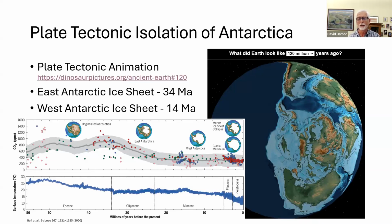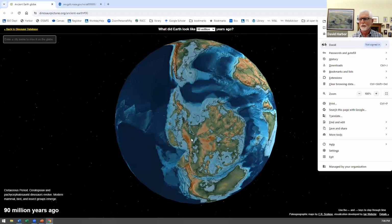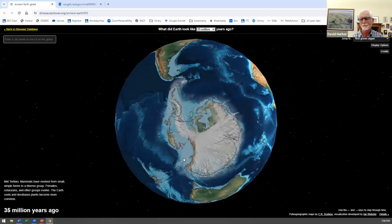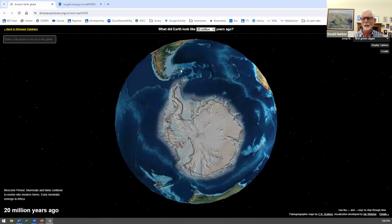Another part of it, however, is oceanic currents. And let me see if I can switch back to the globe here. If we go back 90 or 100 million years ago, the Earth didn't look the way it does today. Antarctica was joined to South America, Africa, there's India, Australia, New Zealand. But if we come forward in time, the sea opens up around Antarctica, and there's even a rift zone here in Western Antarctica. And eventually that continent becomes completely surrounded by ocean, and we developed a circumpolar